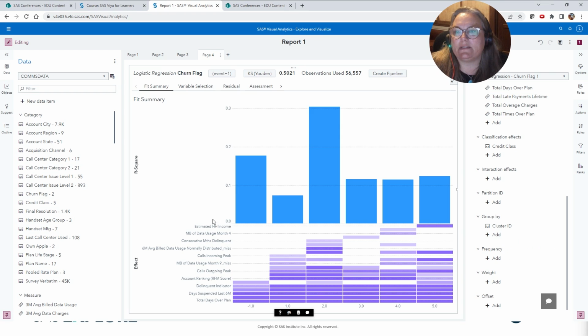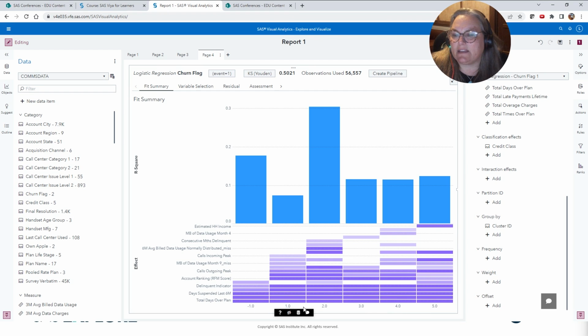And now my fit summary, we're looking at the R square here, and then the effect. And so you can see our estimated income just for group 5 was statistically significant. And so the darker the purple, the higher the significance. These are our groups.